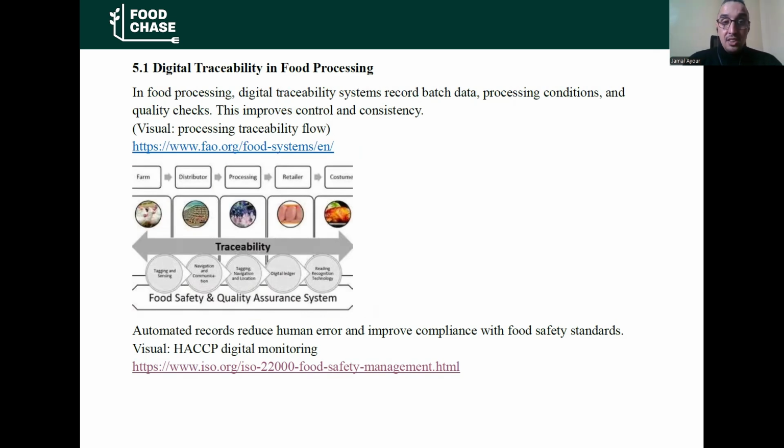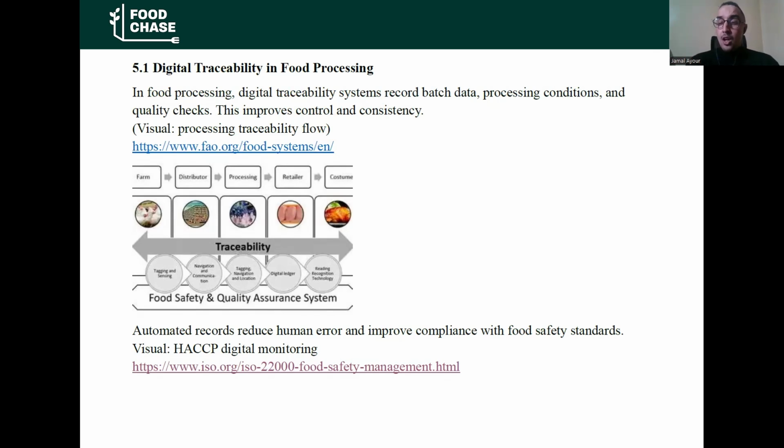In food processing, digital traceability systems record batch data, processing conditions, and quality checks. This improves control and consistency. For example, in the dairy industry, the control of the quality of your product from raw material to finished product.